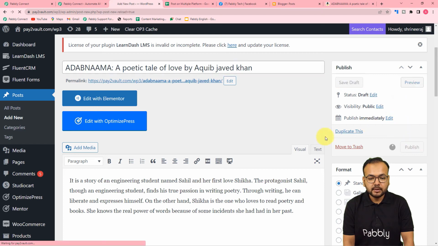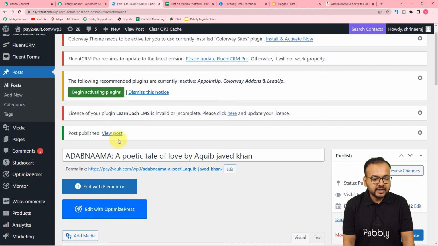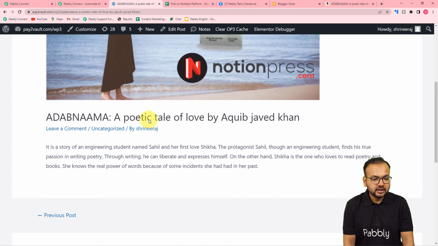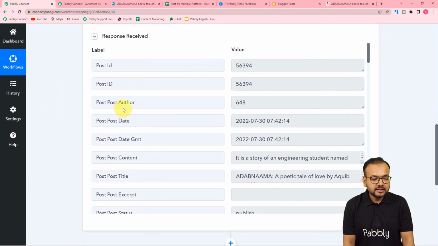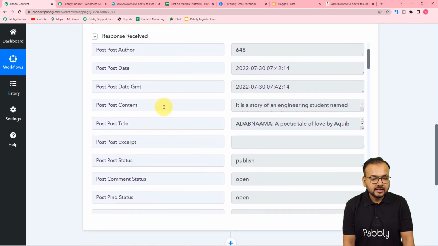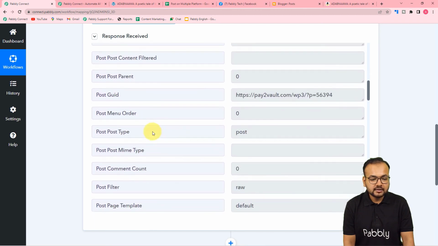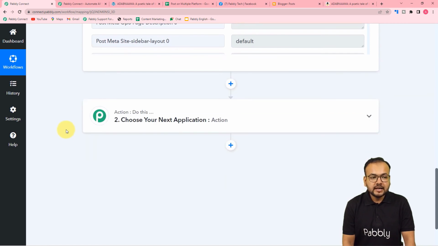So here I am clicking on publish, and you can see the post is getting published here. So guys, the post is being published on my website page. By clicking on this view post, you can view that post. Okay, this is the post I have created. Okay, and let's see in our workflow if we got the data of this post. And here you can see we have received the data like this. Here we got the content of the post, the title of the post, and all other things related to the post we got here. Right, and I want to post this same post that I have created on different social